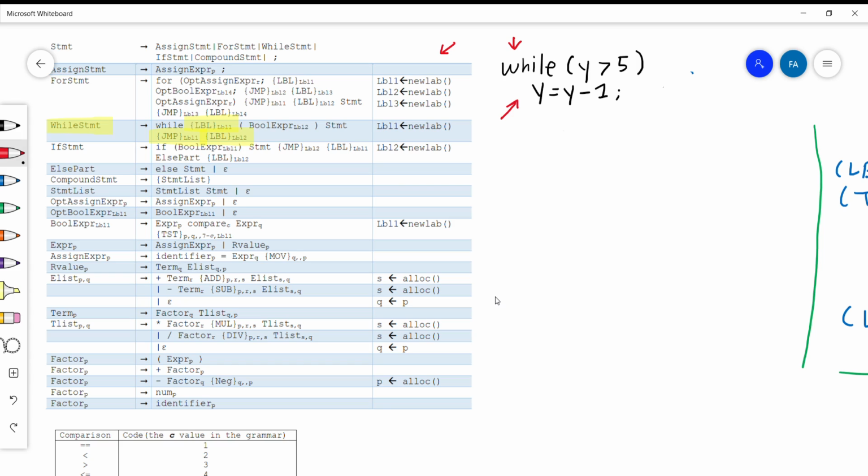You need to remember, inside Boolean expression, there is an atom. That atom is a test atom. Since while involves a comparison of Boolean expression, we also need to refer to the Boolean expression rule, and the Boolean expression rule has test atoms. Now, let's look at how I'm going to use these two rules and extract the atoms for the while